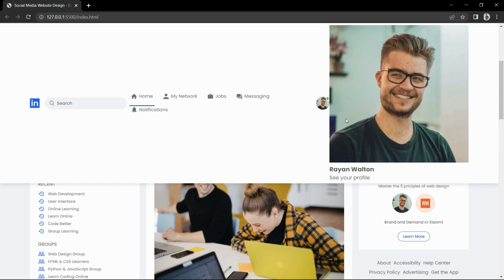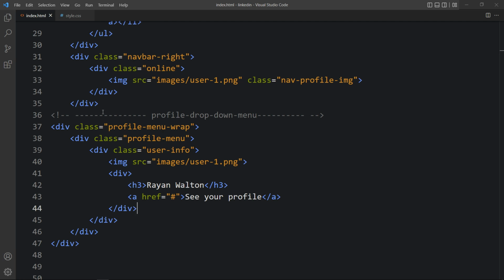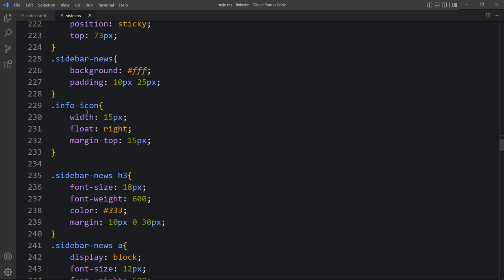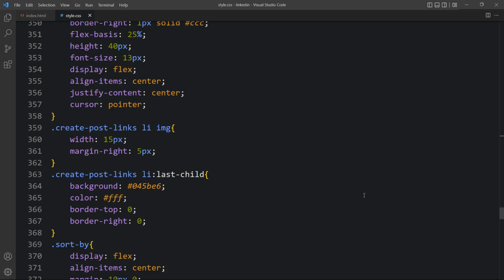After that, come back to the website. You can see this image in the navigation bar and these links and this username, and we have the large navigation bar. We have to fix this one. So just come back and first we will copy this class name, come back to the CSS file, and at the end